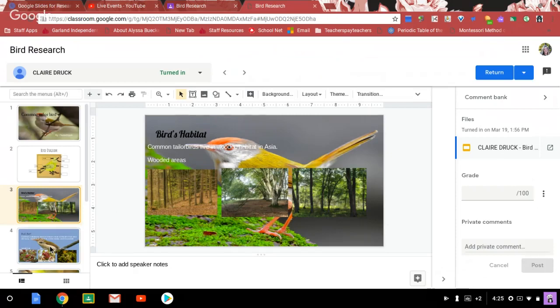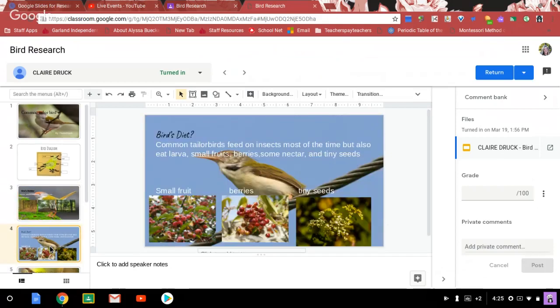So that's a lot of talking points you try to carry in. There's a lot of reading, a lot of writing within language arts that you can put in here. The bird's diet. And so this, my expectations, of course, were already written in here. You cannot see it because this is what she's turned in. They were supposed to find the bird's diet, and they had to have photographs, and they also had to have